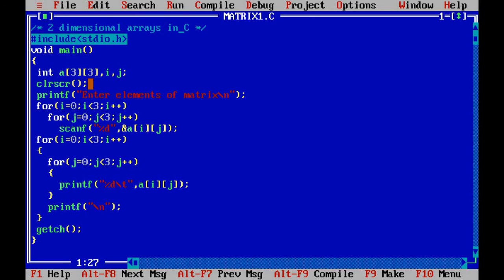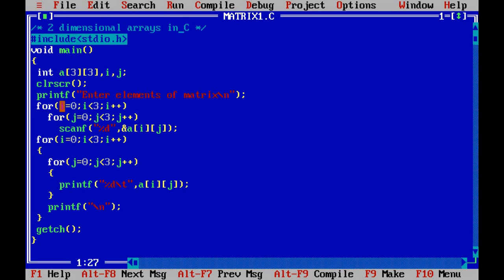Then we have the statement clrscr to clear the screen. Next, a printf statement which will print the message on the screen, enter elements of matrix. When the user enters the values, those must be stored in the matrix, that is in the two-dimensional array A, in respective rows and columns.